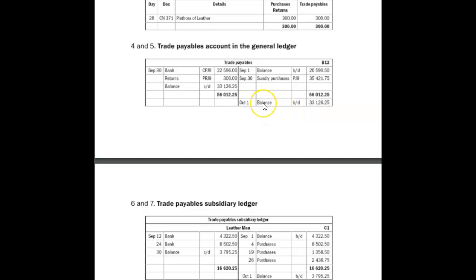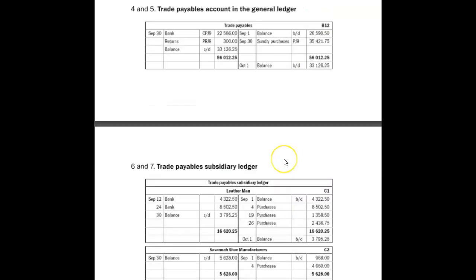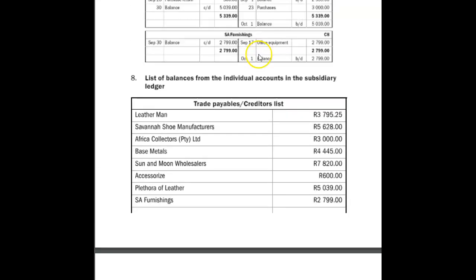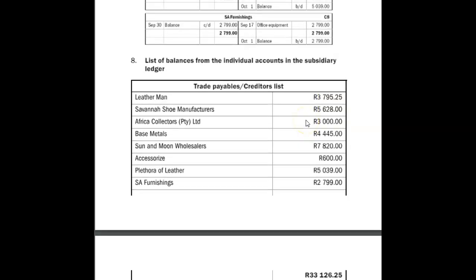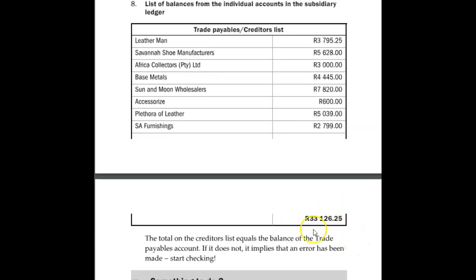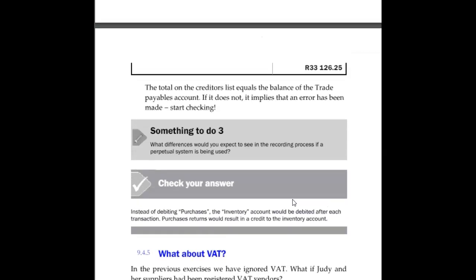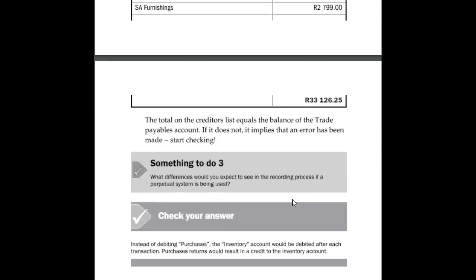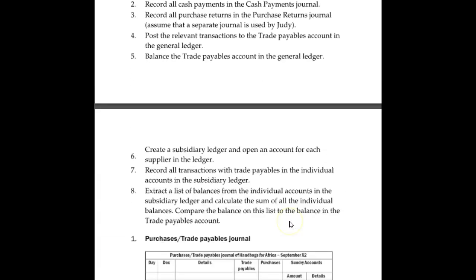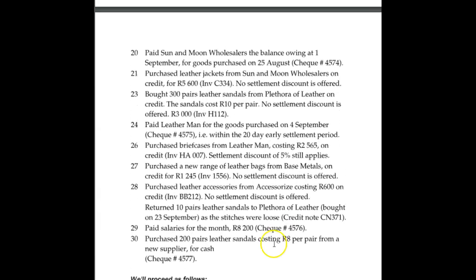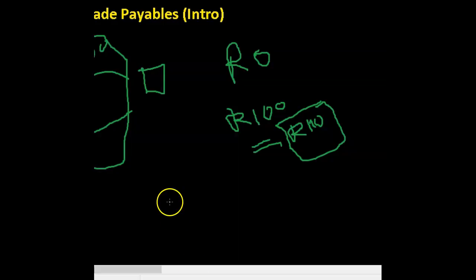So basically the subsidiary ledger, the list, takes the trade payables and splits it up into the actual people who you owe, like this over here. And it's the same as the trade payables amount. So this is how trade payables work in real life businesses, ledgers. Now, are we going to need to draw these ledgers? I don't know, but I'm just giving you more information on it. Remember how I told you how trade payables work? So that's how transactions dealing with trade payables are recorded.